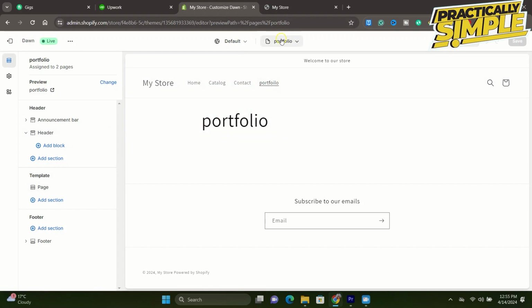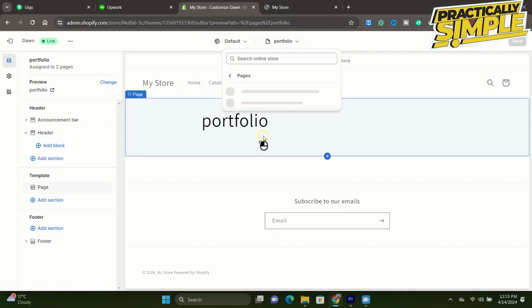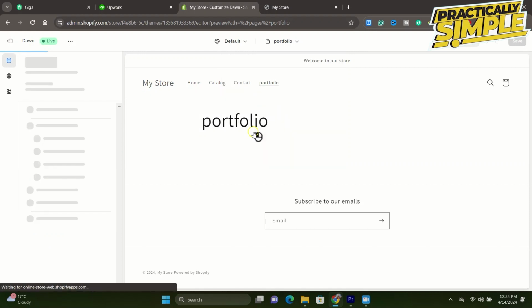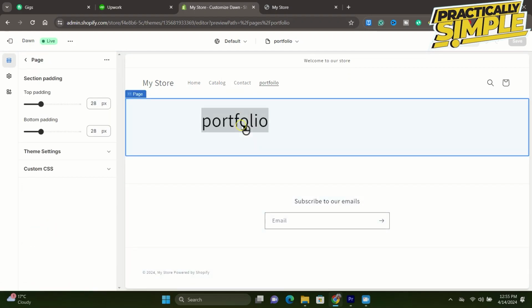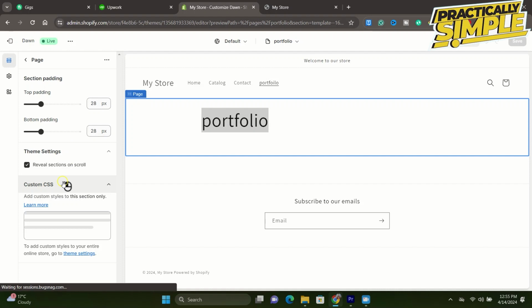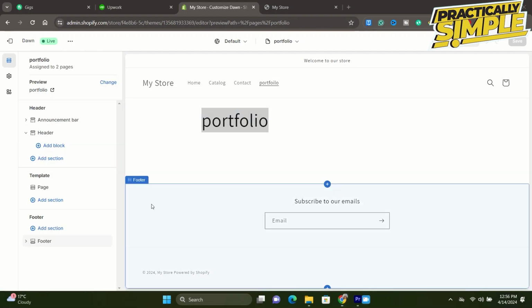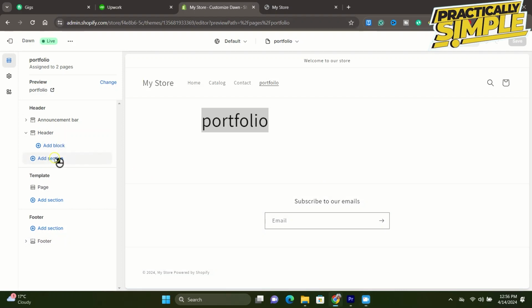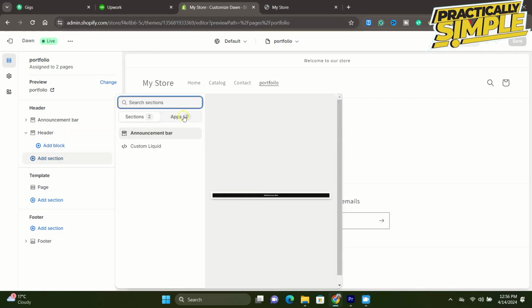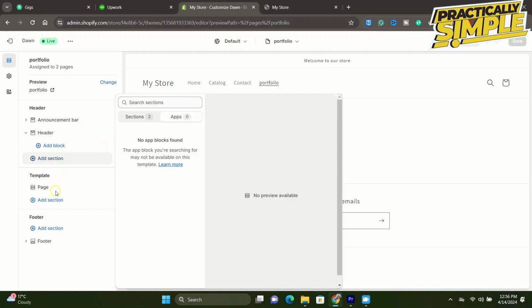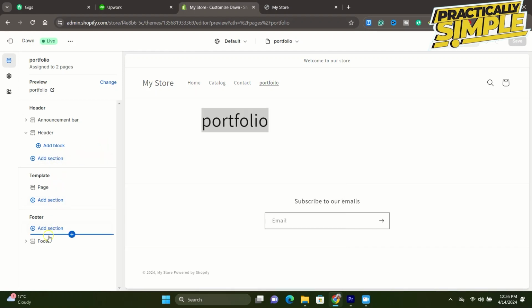Now alternatively you can access this in a different way by clicking on the home page at the top section here, go to the pages and from here click on portfolio. Now from here you can go ahead and start editing in whatever way here. For example, add in sections that you want, like for announcing bar, and allow more if you want to add blocks. Here you can go ahead and do that, add sections in template itself, all these things.